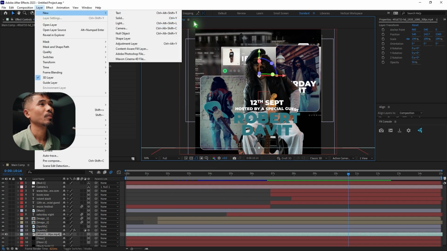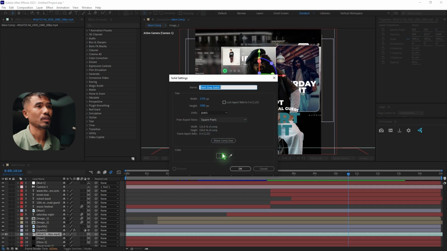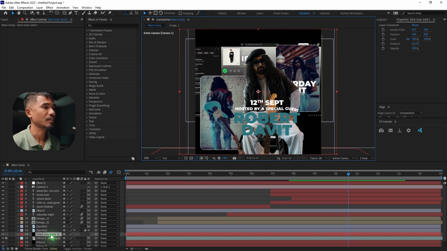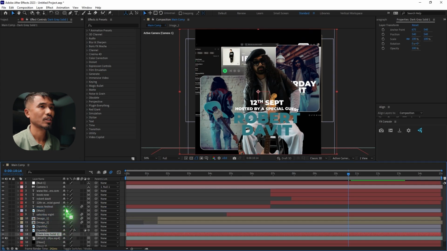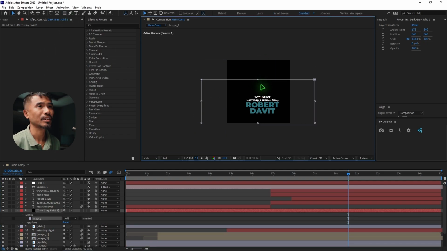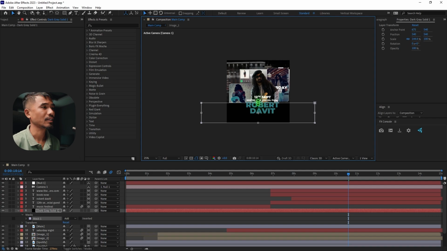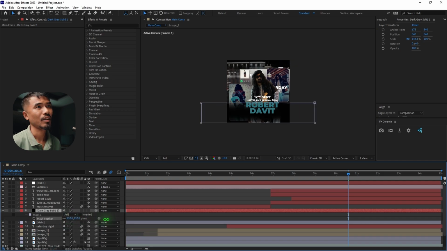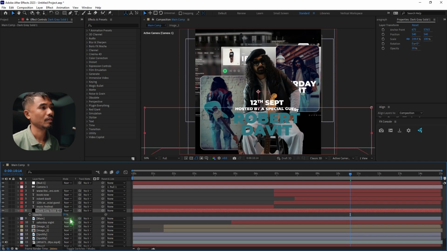I'm going to add a new solid, which is black, this color. Hit OK, and I'm going to put that solid just below the text. I'm going to scale the width of the solid, select the rectangle tool, double click on the solid, and create a mask somewhere like that, and hit F. Basically I'm going to create a gradient layer so that the texts are visible. Decrease the opacity to maybe 20. Oops, that's a lot. 50, maybe 60,